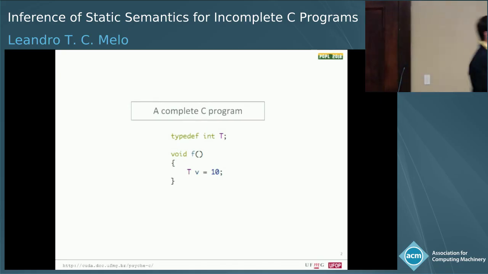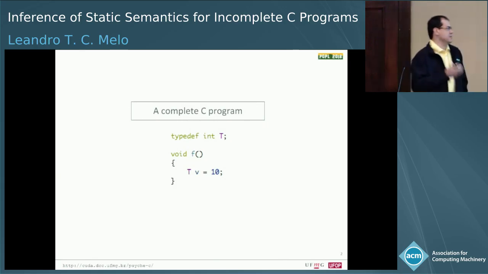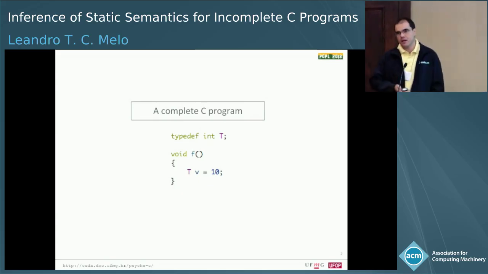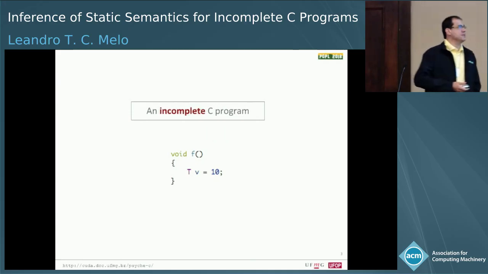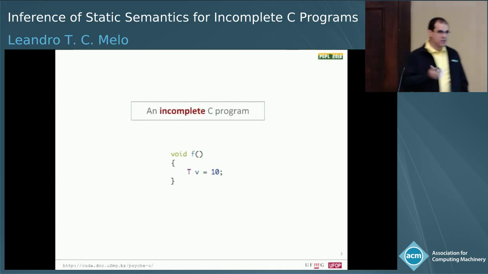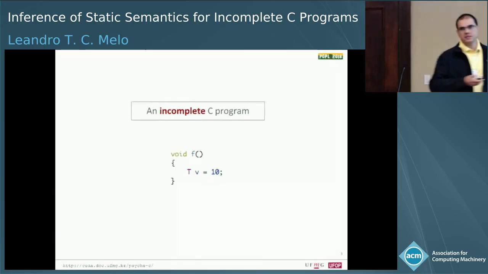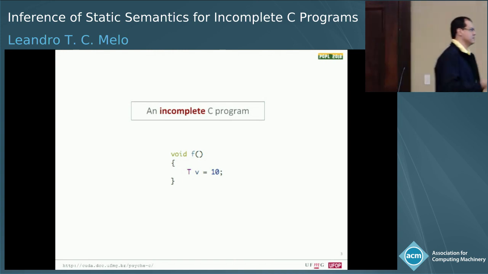So this is a complete C program. Why is it complete? Because you can just submit it to GCC or Clang, whatever C compiler, and it produces object code, right? And this is an incomplete C program. It is incomplete because we don't know what T is. So if we try to compile that, we will get an error like T is unknown, T is undeclared, undefined,